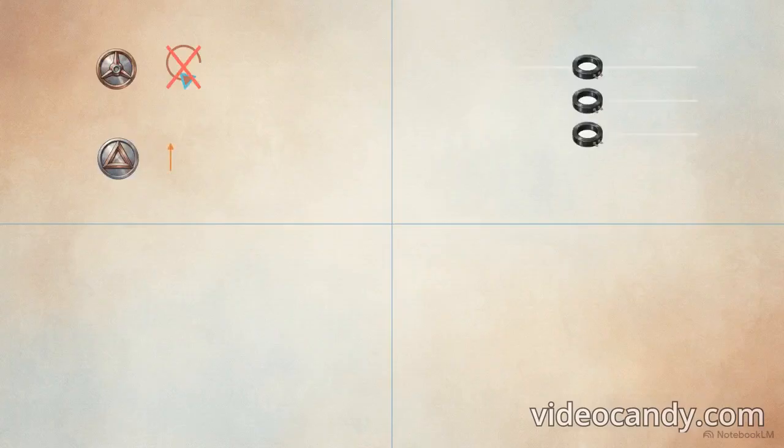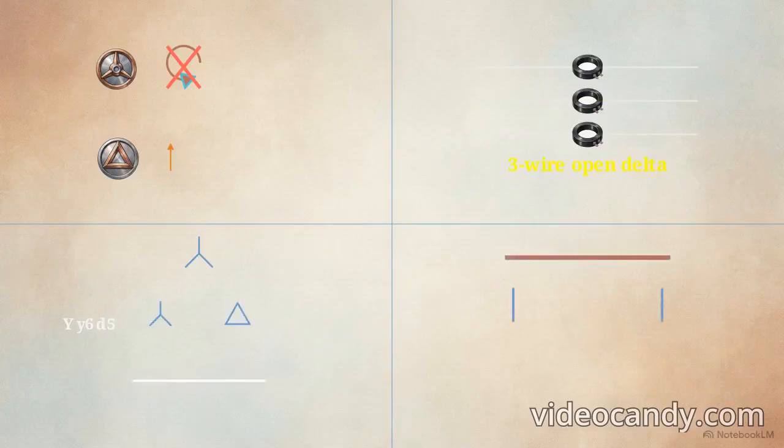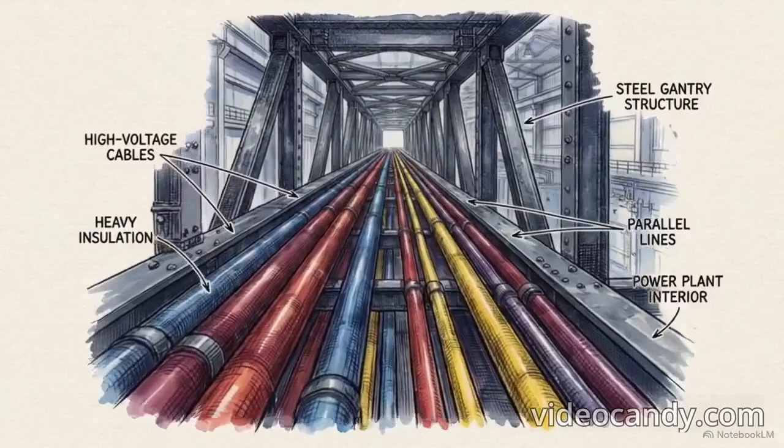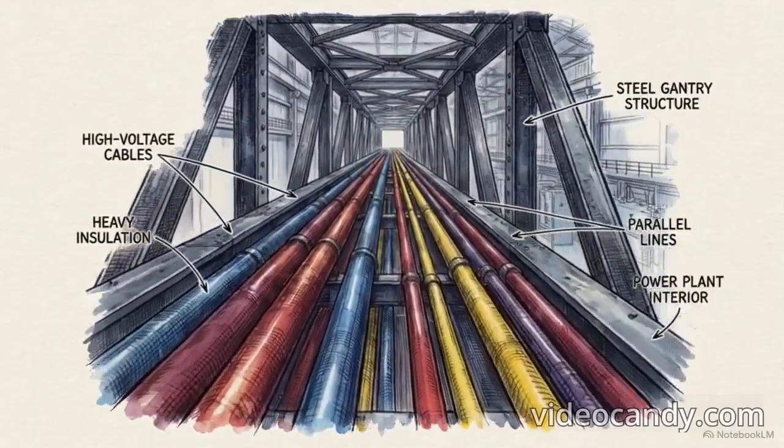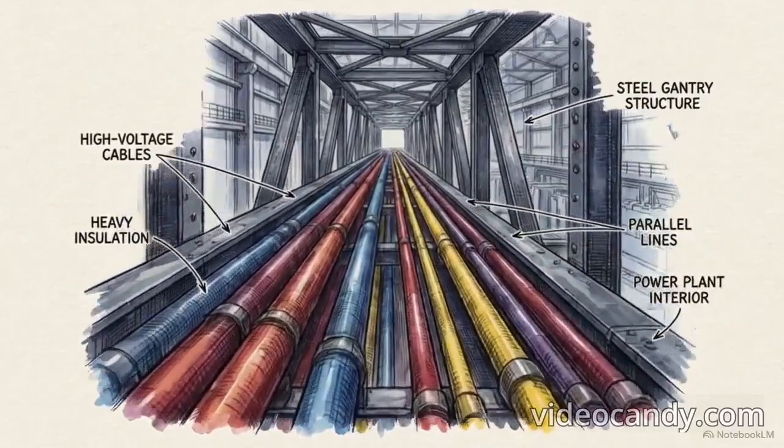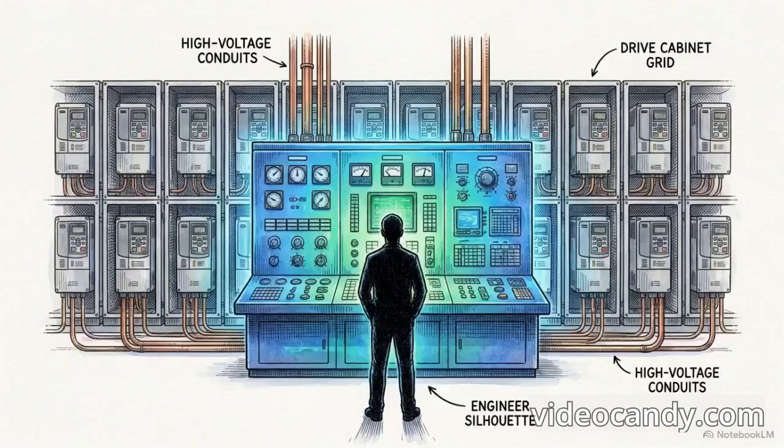From the internal windings of a single motor to the transformers powering an entire facility, structural geometry dictates electrical reality. At the motor level, Y configurations eliminate parasitic loops for low-speed efficiency, while delta topologies enable higher top speeds. To measure those outputs, instrument transformers are arranged into precise geometries, like the open delta, to safely interface raw power with logic controllers. Moving upstream, double-tier transformers fuse star and delta windings to force a 30-degree phase shift, canceling out harmonic feedback. And when scaling up to parallel architectures, strict threshold parameters and absolute physical symmetry are non-negotiable to prevent